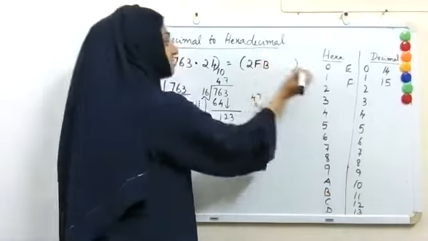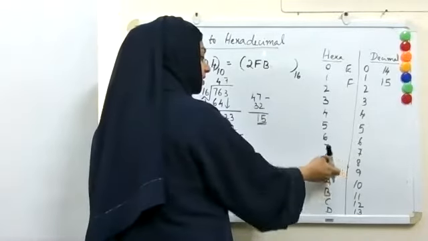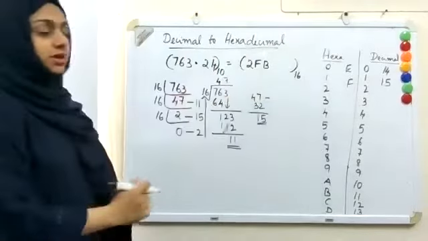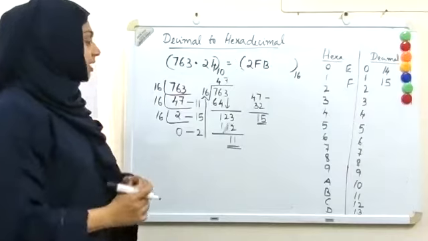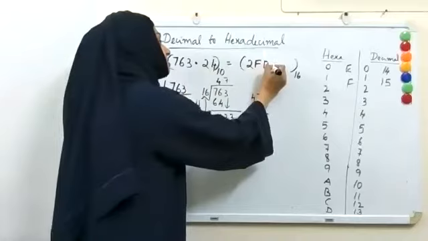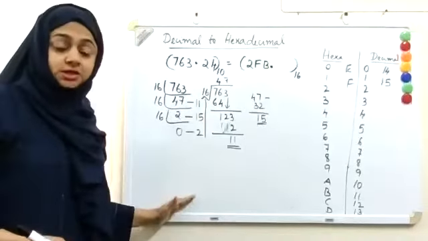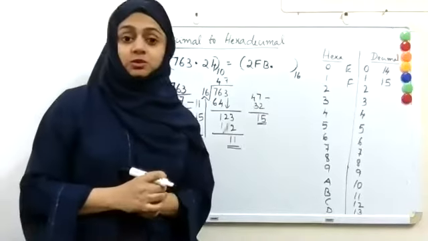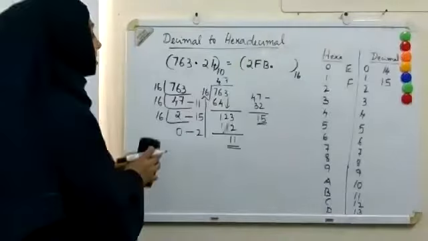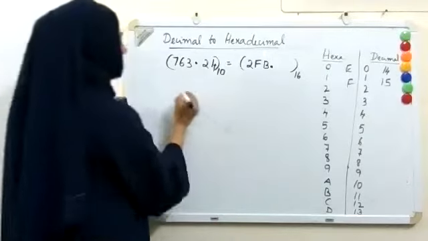So this table is necessary. Even if you don't write up to 0 to 9, after that A, B, C, D, E, F, you have to note down somewhere while doing this. Now, in order to convert this part after the point, so what should I do? Before the point, divide it with 16. After the point, what should I do? Multiply. Multiply with 16 and just separate out the decimal part, right? So here you can use a calculator.